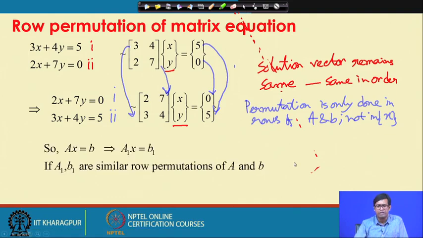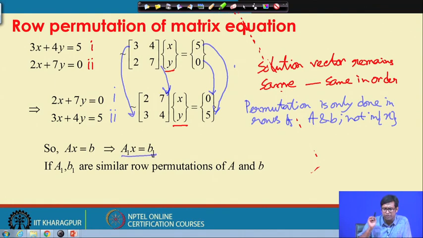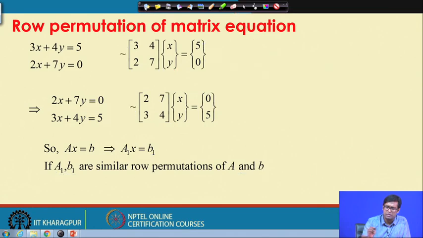So, solving Ax is equal to b is the same as solving the equation A1 x is equal to b1, if A1 and B1 are the row permuted forms of A and B, and the similar row permutation operation has taken place in both A and B matrices. Now, we will see some other row operation,